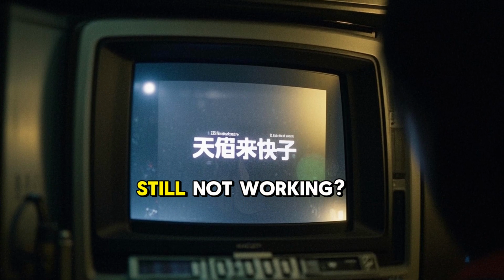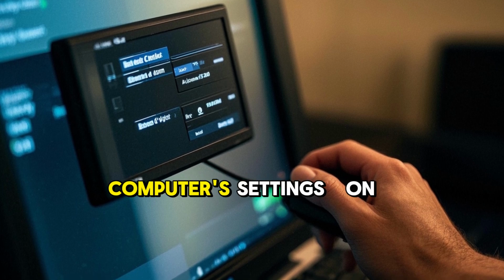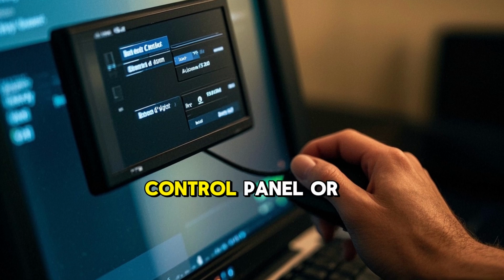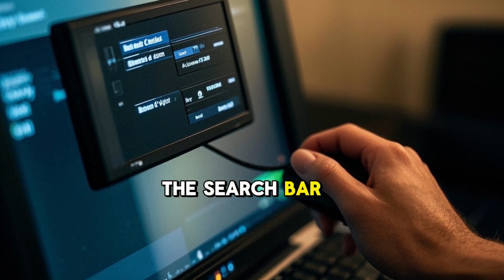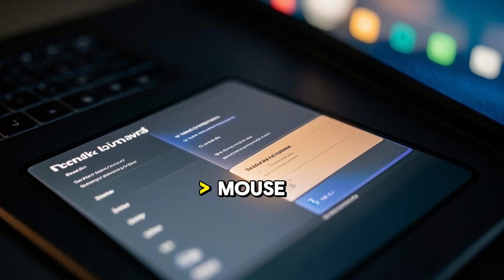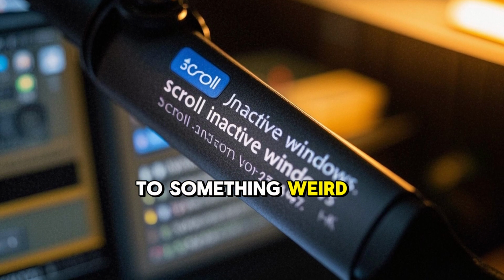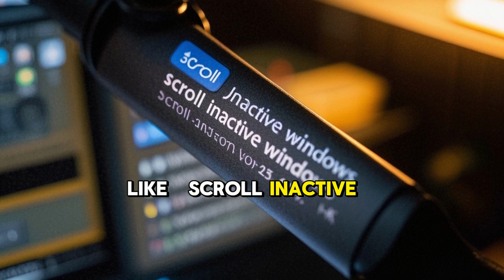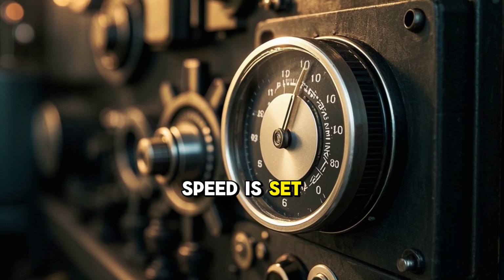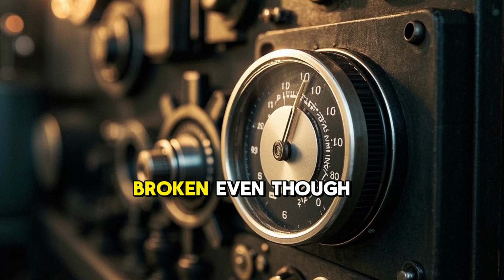Still not working? No worries. Let's move on to software. Go into your computer's settings. On Windows, head to mouse settings via the control panel or the search bar. On Mac, you'll find it under System Preferences > Mouse. From there, check if your scroll is set to something weird, like scroll in active windows or reverse scrolling. Sometimes the scroll speed is set too high or too low, which can make the wheel feel broken even though